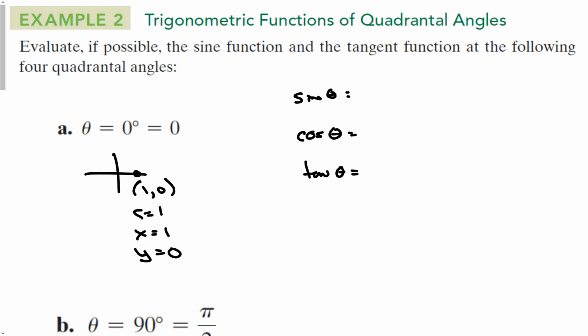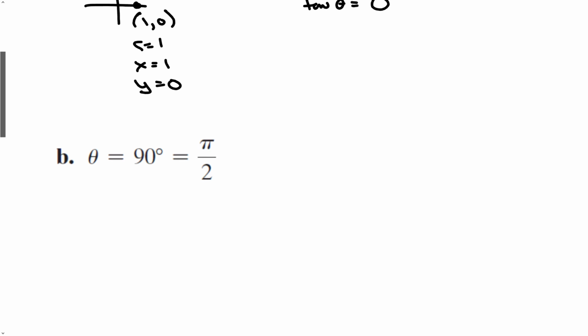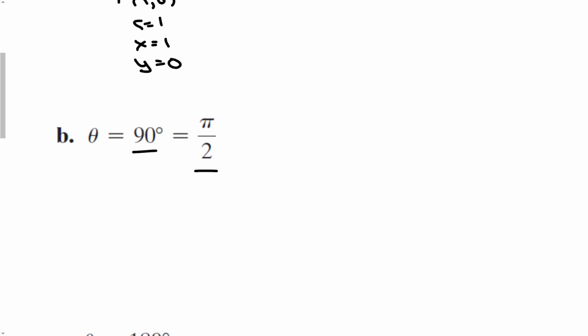Sine is y over r, 0 over 1. Cosine is x over r. Tangent is y divided by x. So the sine is 0, the cosine is 1, and the tangent is 0 at 0 degrees, 0 radians. At 90 degrees, pi over 2 radians,